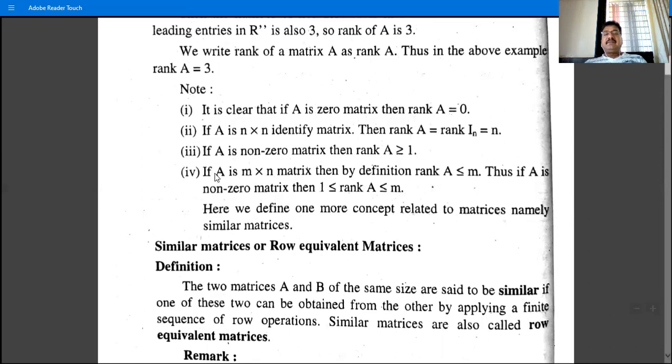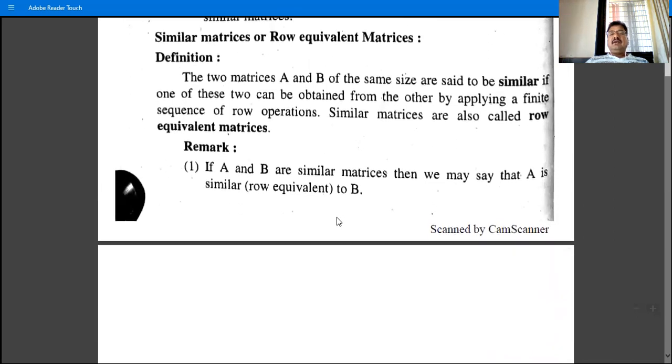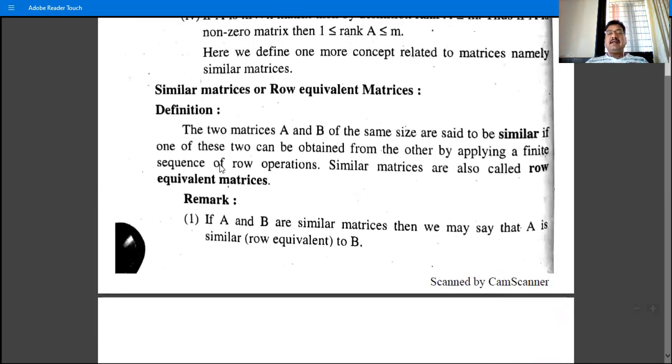That is, the upper bound of the rank is m and the lower bound is 1. When we say the two matrices are similar, if we can obtain B from A by using a finite number of elementary row transformations, then we say that the two matrices are similar. Two matrices A and B of the same size, meaning the same order,